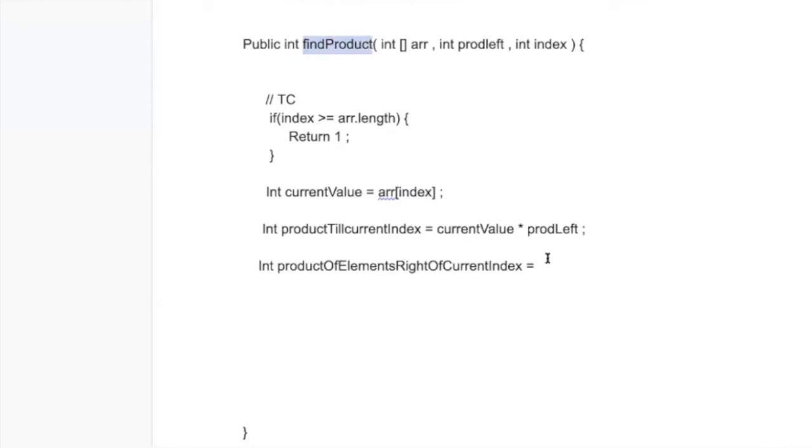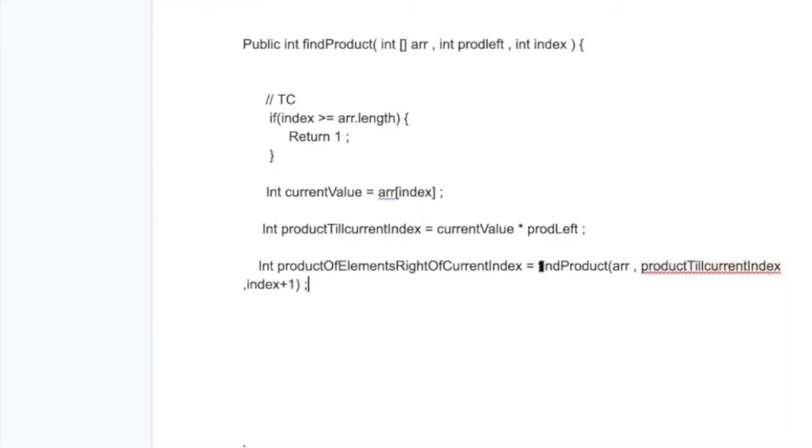This method says that if I pass the array and the product of the elements to the left of it, and since I want to know the product after this index, so the position will be index plus 1 till the last element. In order to know the product of all that, I can call this function, but instead of product left, I have to pass this value, the product till the current index, and I give it index plus 1.